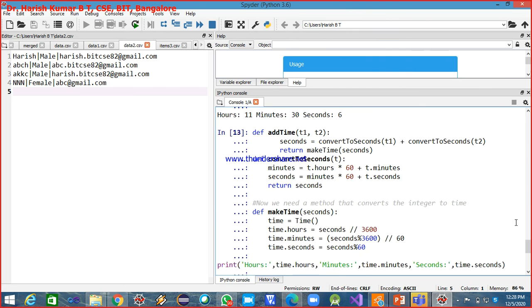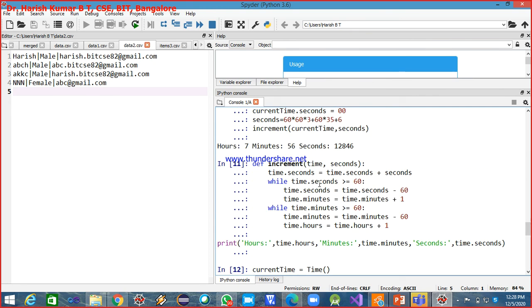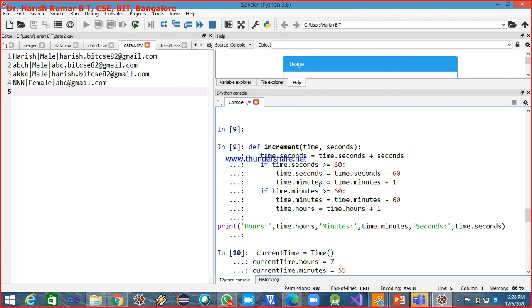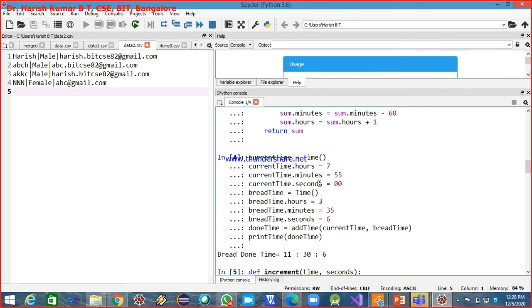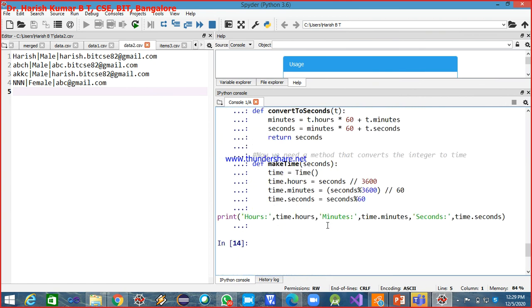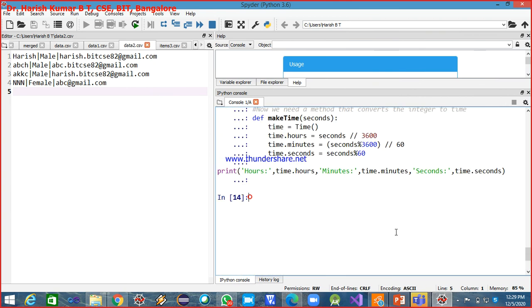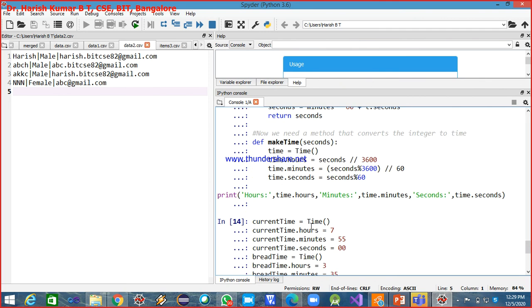Now I don't need this seconds part. I can go for passing this, so yeah, this one till here. Print time is not necessary because I'm not writing that method now. Control V, and add time.